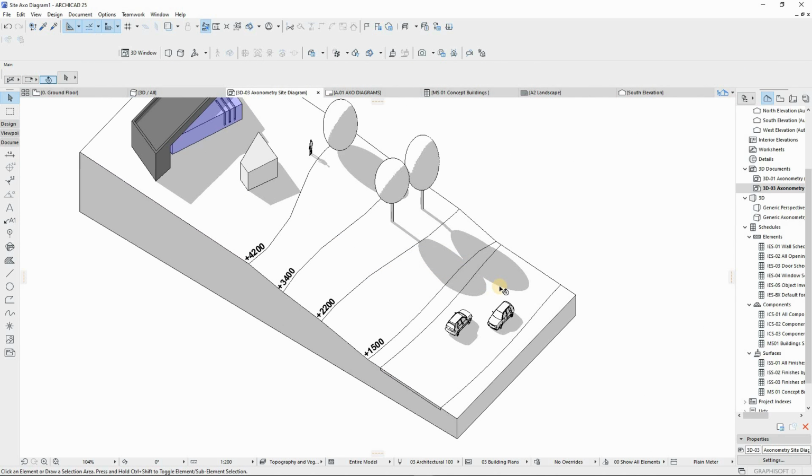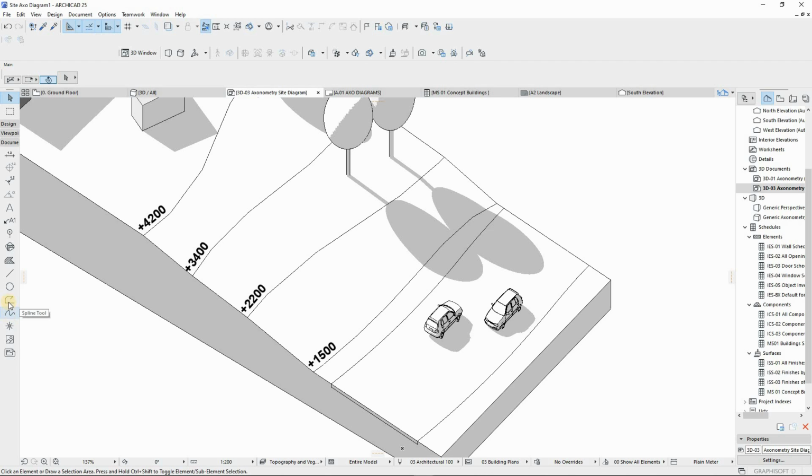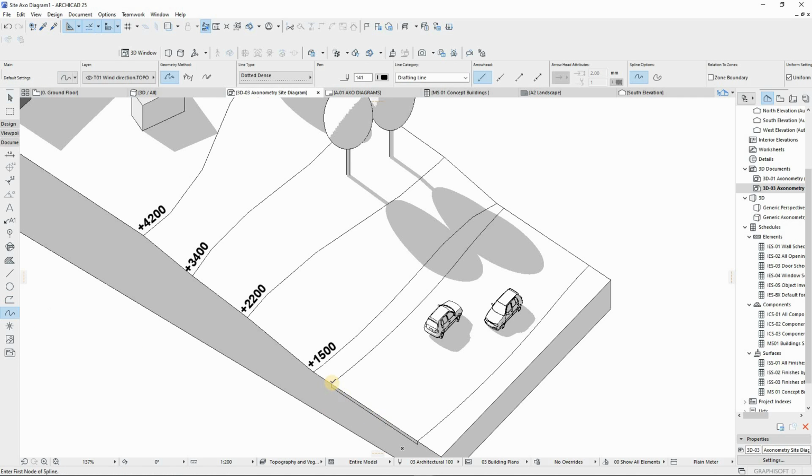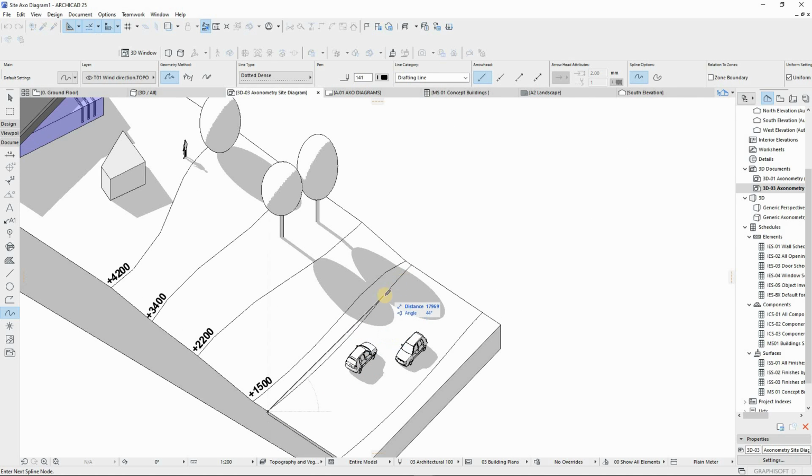Another thing is to put the division here for the road. We can use a spline tool. The reason why I'm using the spline tool is you can easily adhere the curvature of this profile, unlike a polyline tool. So hit on your spline, and then what you do is click, and then